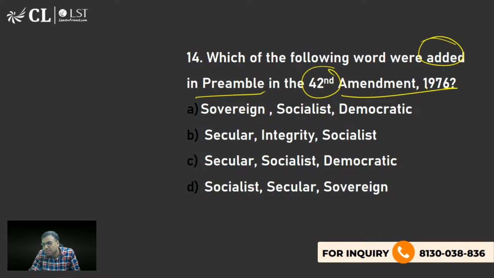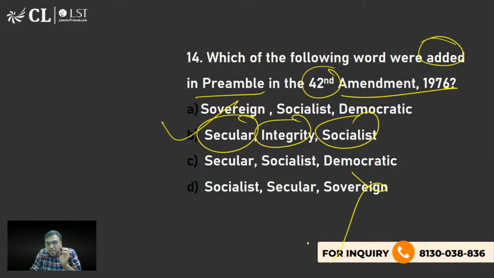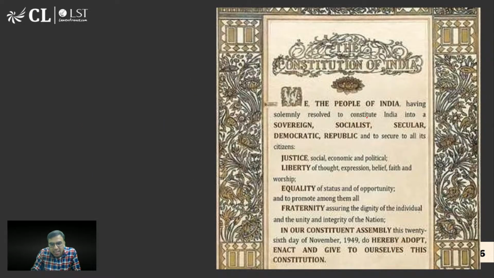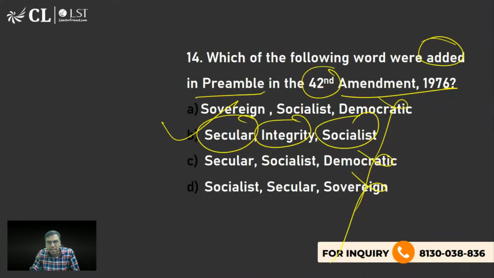And I think it's very easy. You can do this easily. Let me see. Yes, Dharani and Diya, you both are right. Socialist, secular and integrity. Look, the word Sovereign was already there, so it will not be that. The word Democratic was also there, see, Democratic is written. So now there are 3 words that were newly added: Socialist, Secular and, below, Integrity. These 3 words which I have highlighted here were added later on. So yes, Damini, Diya, you are right. B is the right answer. Krishi Sachdeva, you are also right. So remember, that was added by